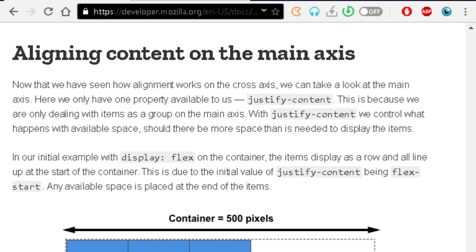Now that we have seen how alignment works on the cross axis, we can take a look at the main axis. Here we only have one property available to us, Justify Content. This is because we are only dealing with items as a group on the main axis. With Justify Content, we control what happens with available space, should there be more space than is needed to display